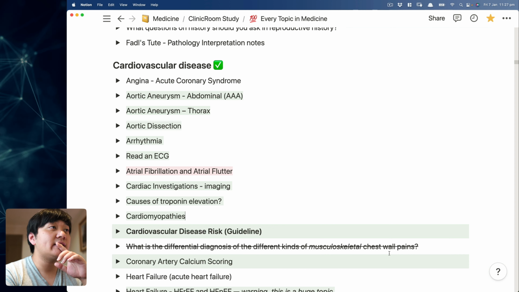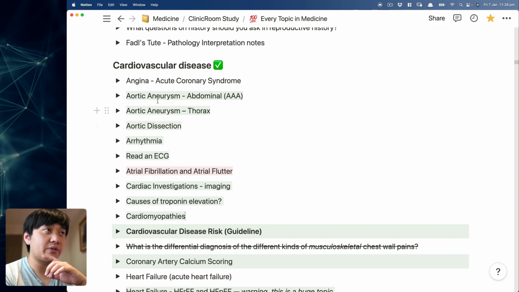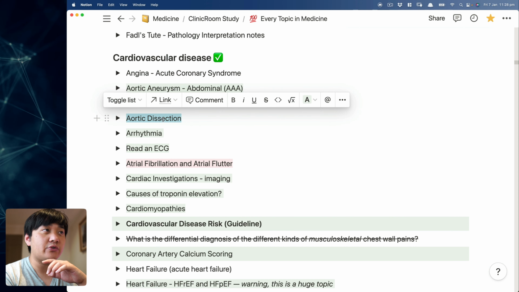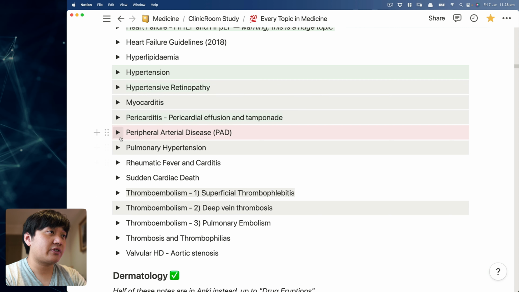So I put that right at the top because that's super useful for being able to navigate your gigantic Notion document. Now keep in mind, what I initially started doing was, if I have topics that I'm pretty happy with, then I'll highlight them in green so that I can go through each individual topic. There's some stuff that I felt like I didn't really know that well, for example, peripheral